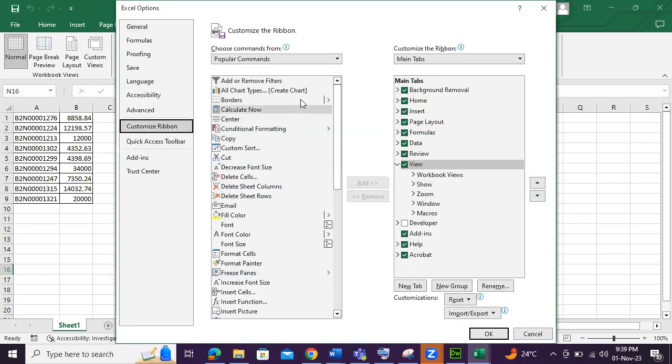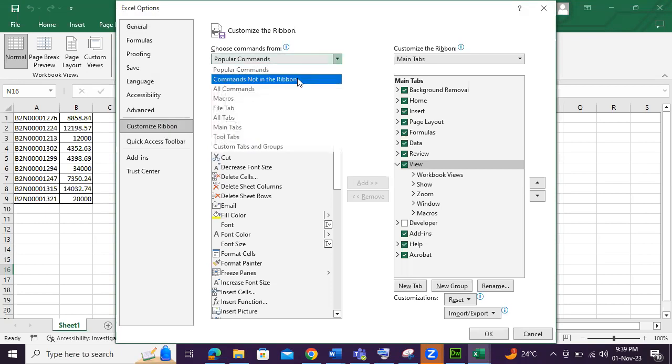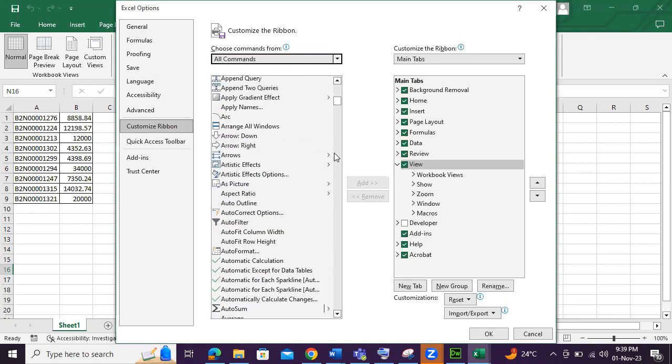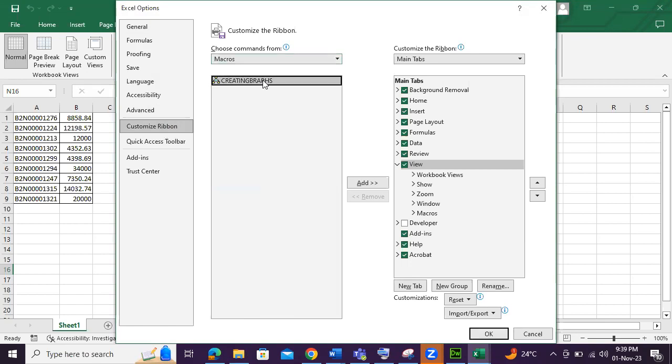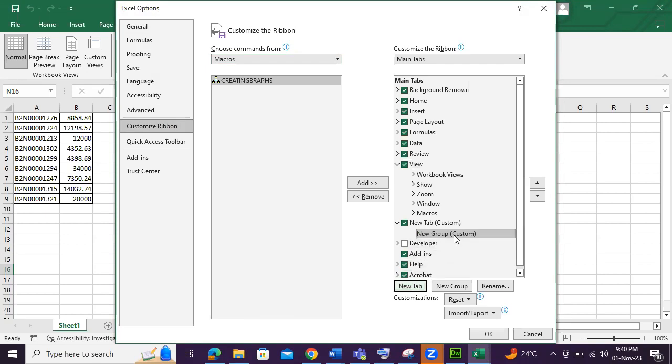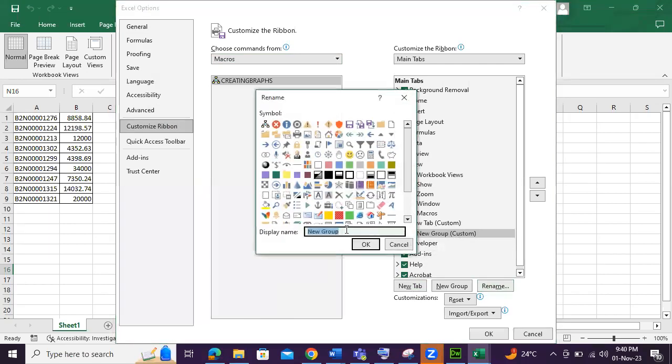From here, select all commands. In fact, I can also have only the macros. So I have this macro, right? And what I can do is select this and make a new tab. I can even rename this new tab as